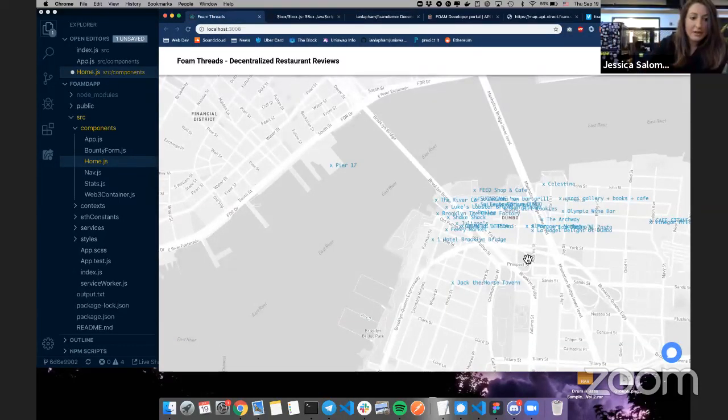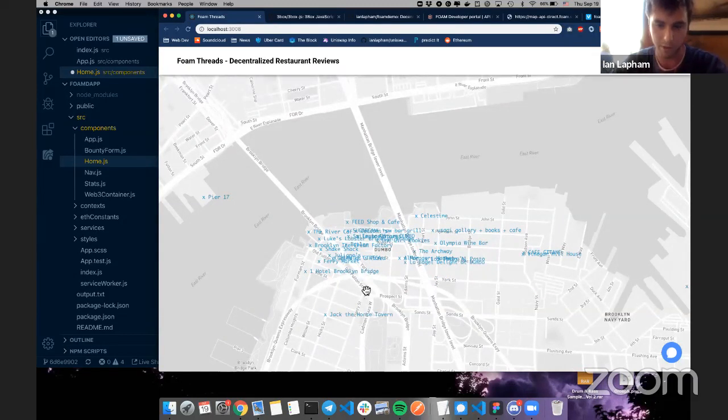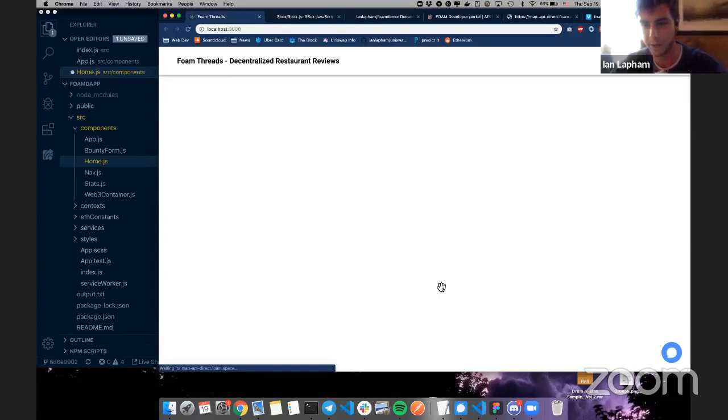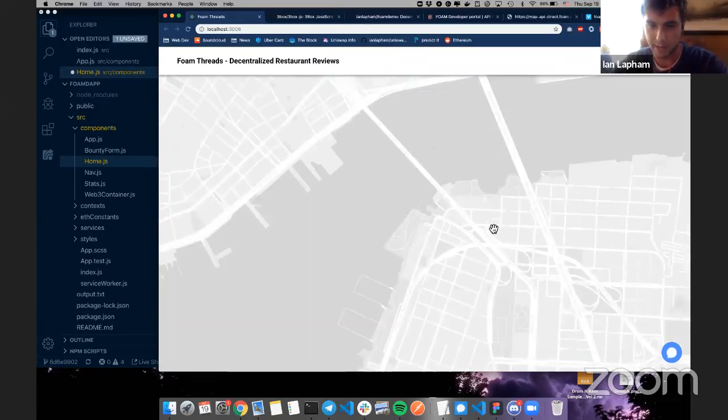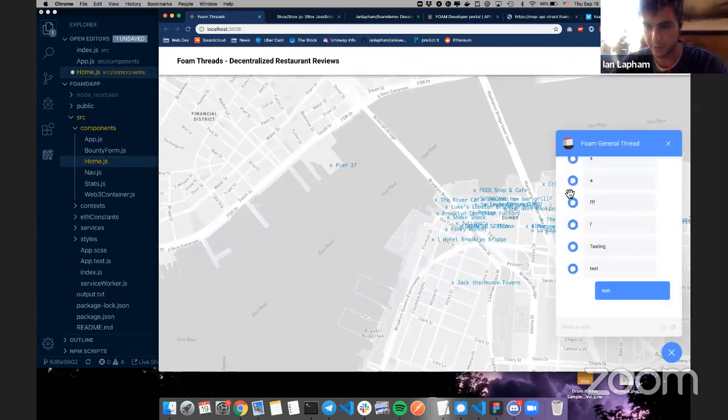Yeah, it's perfect. Cool. Okay, so right here you can see here's a map that I am rendering with Mapbox, but I'm pulling in points provided by the Foam API. So I'll just refresh this so you can see a fresh start here. But basically, this is a React app. It's loading in this data, and then there's a chat feature that's built in. So you'll see here just some demo text messages I was sending. So we have a general chat here, and we can send messages and do things with it.